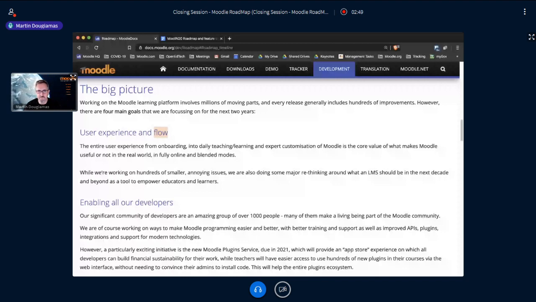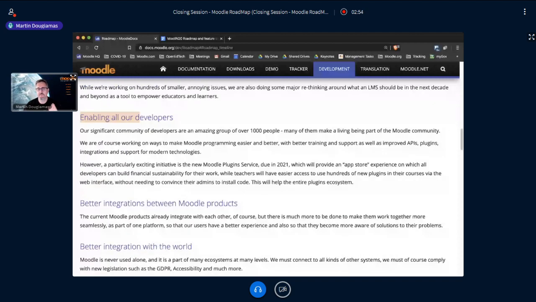A second big direction is to work more closely with the developers. That means more interaction with our community and our developers, helping developers write better code, and improving the quality and range of plugins. And like I mentioned yesterday, one of them is this new Moodle plugin service for next year, which will make plugins more like an app store, a lot easier to choose, and also support developers so that they can do a better job too.